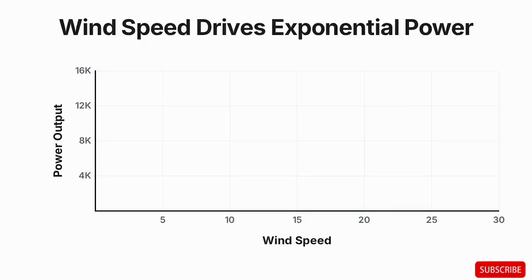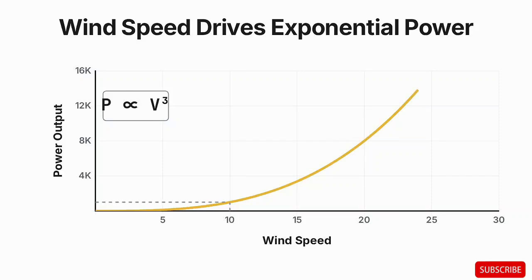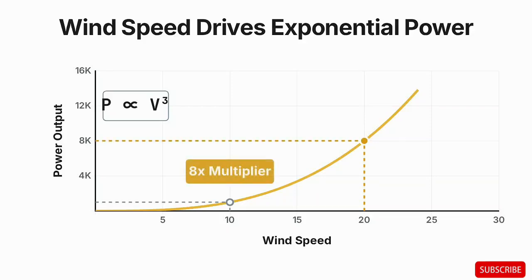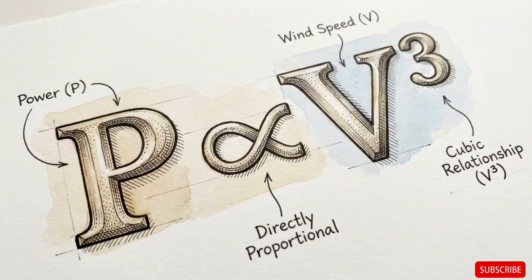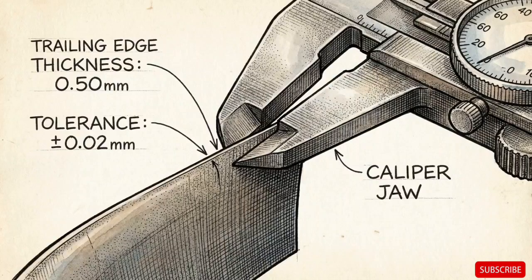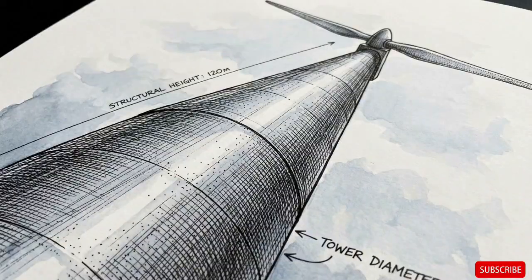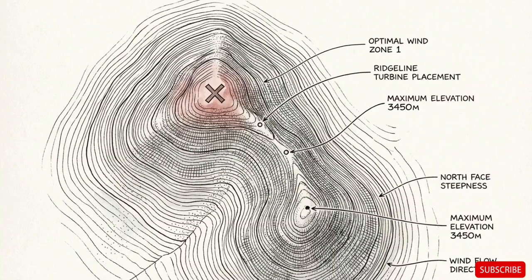This graph plots wind speed against power output, governed by a basic formula. Power equals wind speed cubed. Because of this cubic relationship, a tiny increase in wind speed yields a massive multiplication of electrical output. Doubling the wind speed increases the power eightfold. Because of this cubic relationship, every millimeter of its design, its total structural height, and its geographic placement is calculated